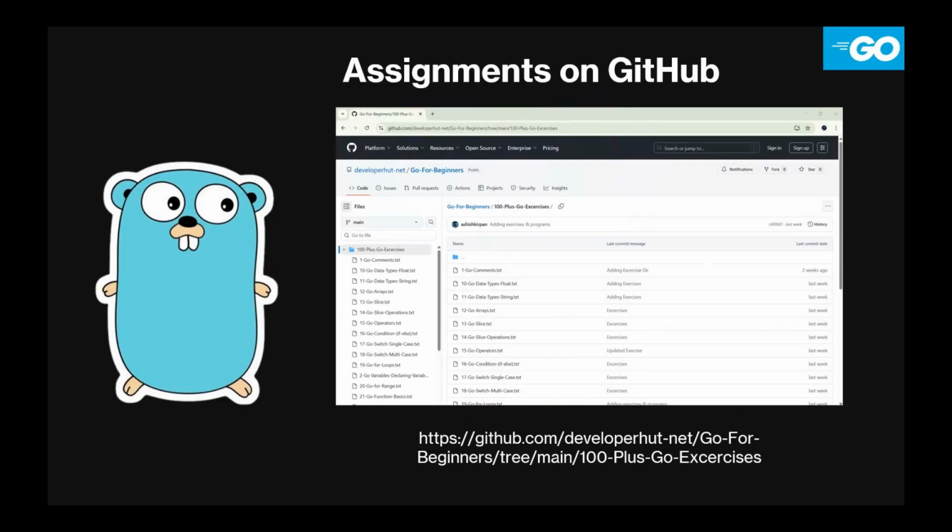All the source code and practice assignments we discussed throughout this course are available on the GitHub repository. I encourage you to try out those exercises on your own. Practice is the best way to truly master any programming language, and these assignments are designed to strengthen your Go basics. You will find the repository link in every topic's description and below as well.